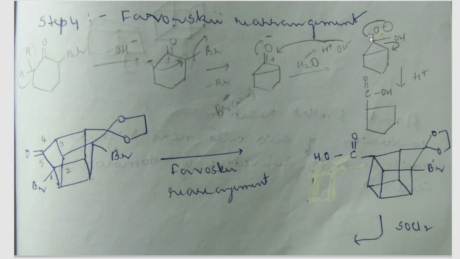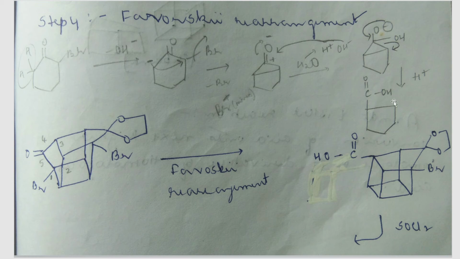So in case this bond shifts back, one of these 3 bonds should break, correct? So what will happen? This bond will get shifted onto this carbon as a minus charge, and so that bond will break. So here this carbon now has a minus charge, and in the reaction medium there is still one H plus that is present from the previous step. After dissociation of water, OH got attached, but here one H plus is there. That H plus will come and attach over here to the carbon having the minus charge.